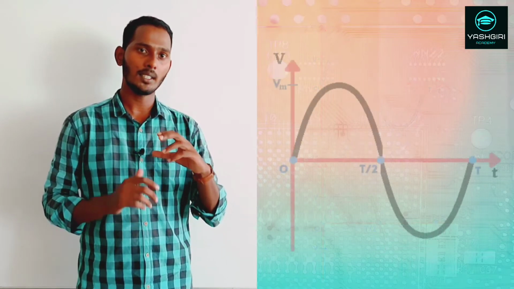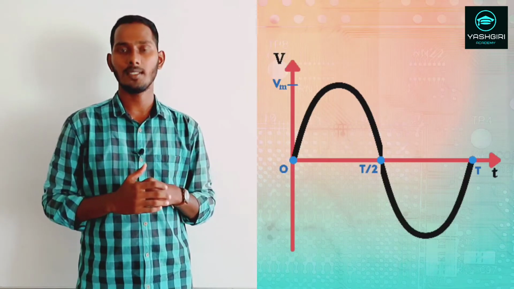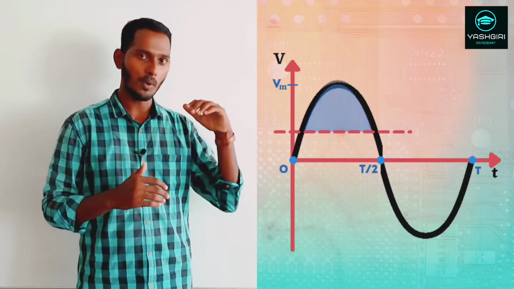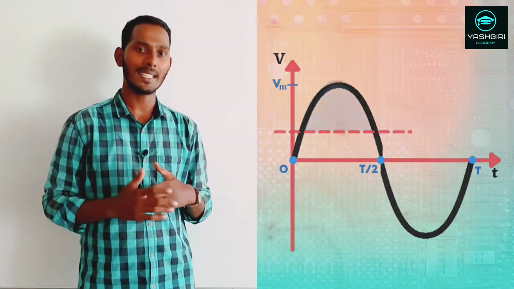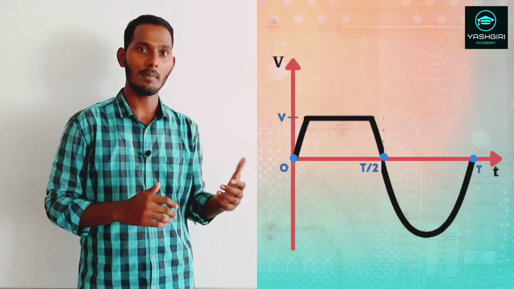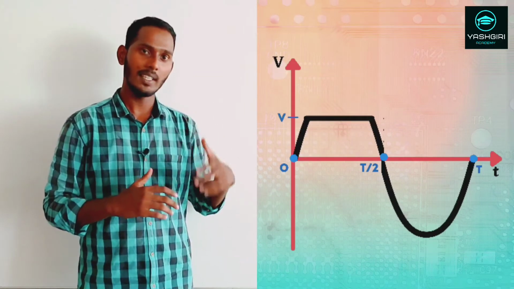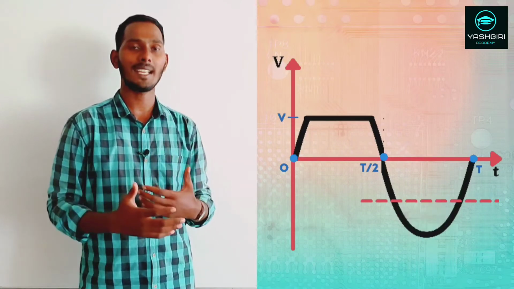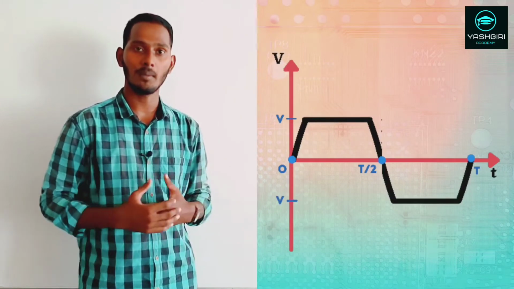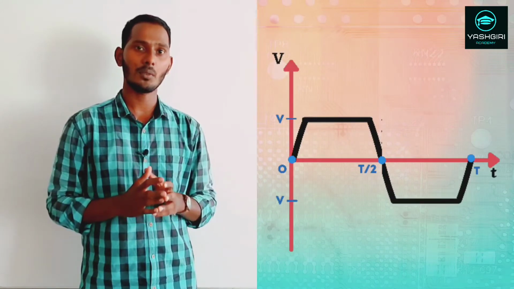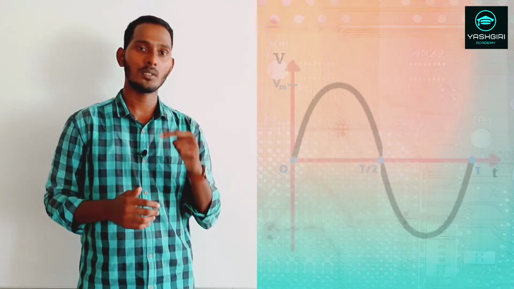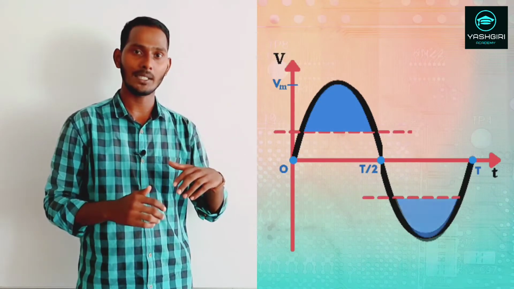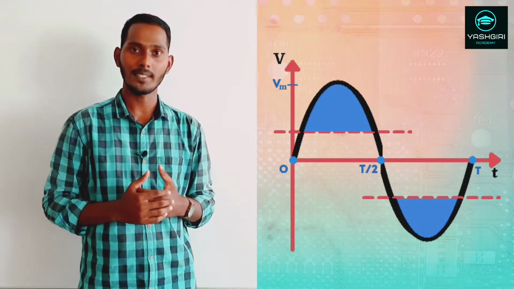Now if I take the sinusoidally varying AC signal and clip a certain part from the positive half cycle, what I'll get is exactly the same signal, which is the demand. If I clip the bottommost part of the negative half cycle, what I'll get exactly is the second signal, which is the demand. What I'm doing is just clipping a certain part from the positive and the negative cycle of this input AC signal.